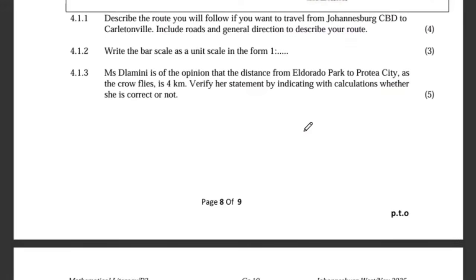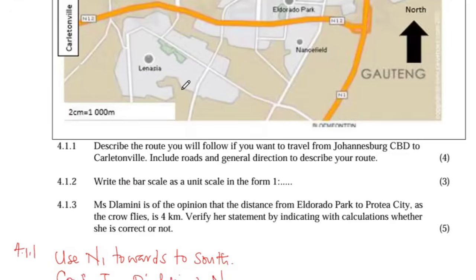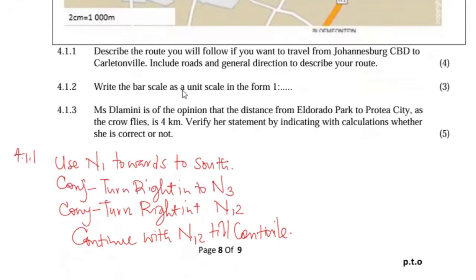4.1.2 says use the bus scale as a unit. Write the bus scale as a unit scale in the form of 1:2. So now the bus scale that we have here, it's this one here. Take note of that. It says 2 centimeters are equivalent to 1,000 meters. Guess what? They want it to be 1:2. Then what you're going to do,